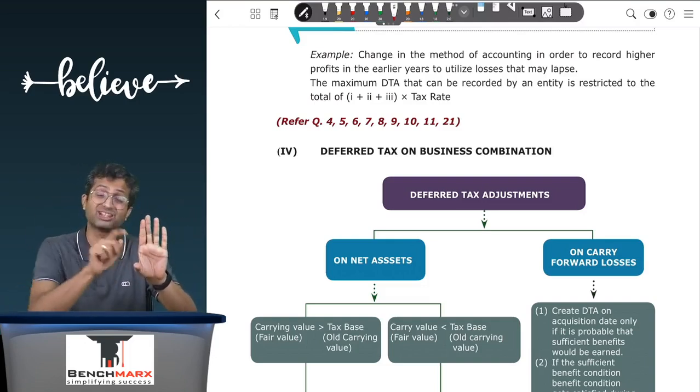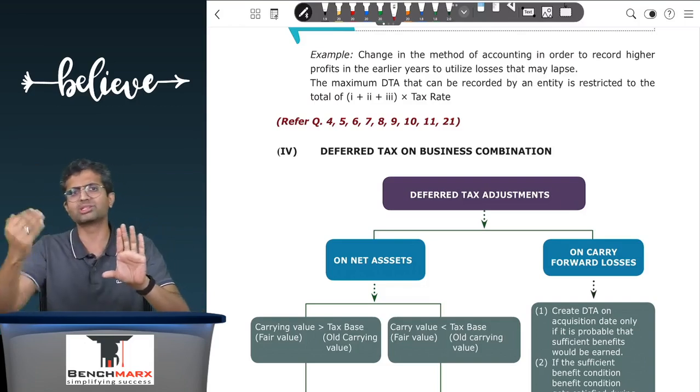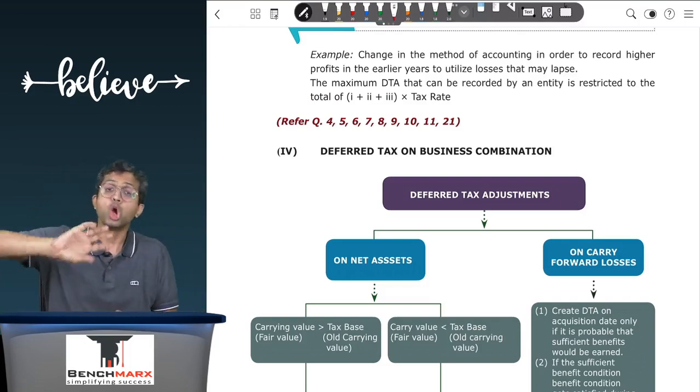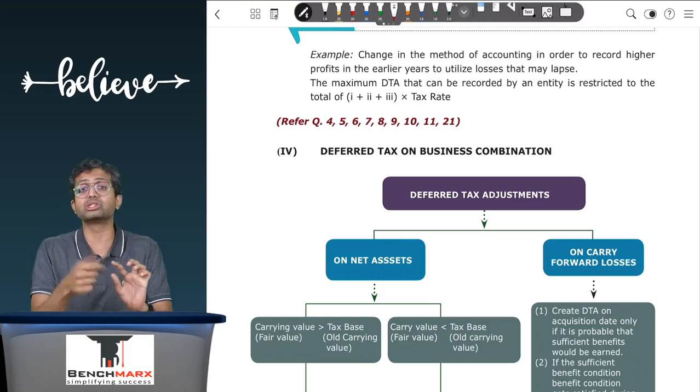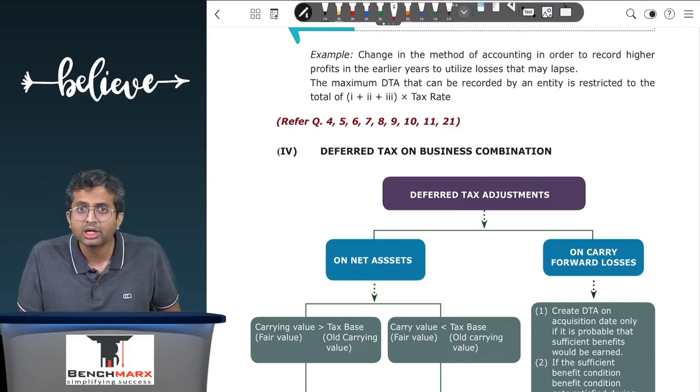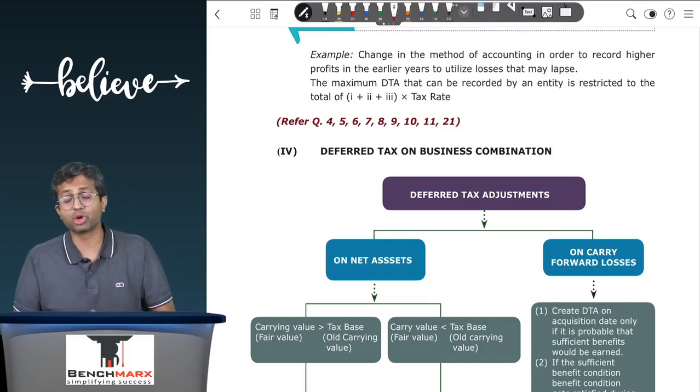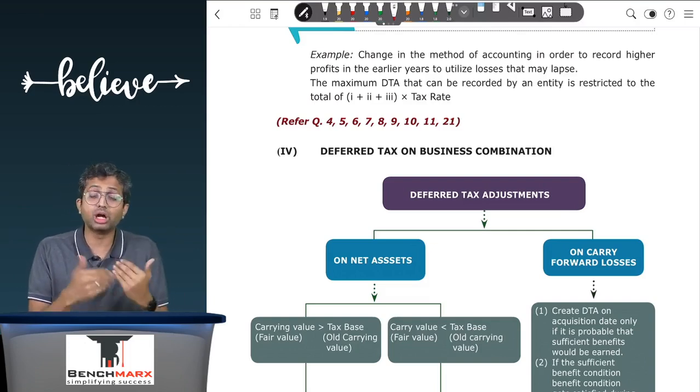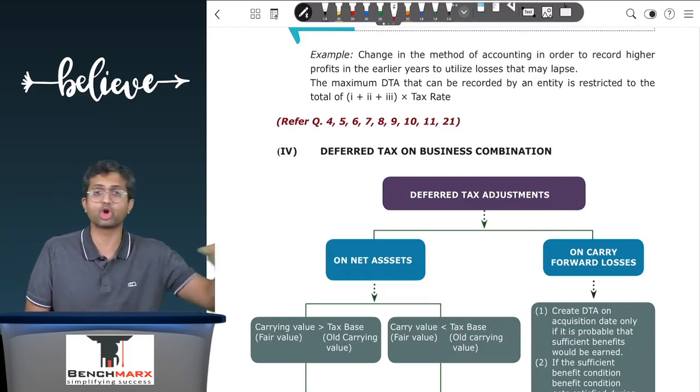If the carrying value is greater for net assets, which are basically assets, your answer is opposite, that is a deferred tax liability. Whereas if the carrying value is lesser, the answer is in the same direction and hence a deferred tax asset. Sometimes at the stage of business combination, it is possible that a deferred tax asset may be on the carry forward loss of the